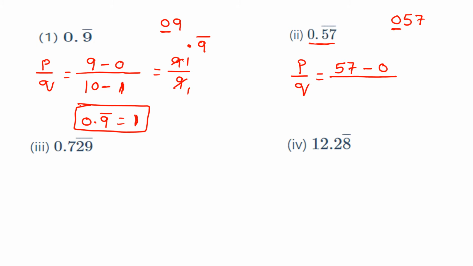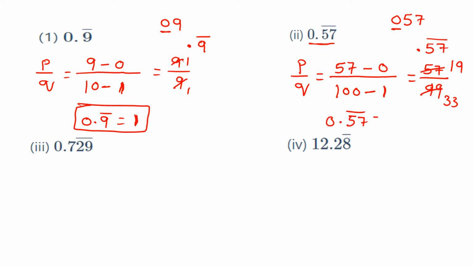Now coming to the denominator, after the decimal point, how many decimal places are there? There are 2, right? So you should take 100 here, 2 zeros, that is 100 minus. The number of digits which are not repeating after the decimal point, here also there is none. That's why you should subtract 1 from that 100. So that equals 57 by 99. Right? Now cancel by 3, 3 ones are 3, 3 nines are 27, and 3 33s are 99. So 0.57 bar in the P by Q form is 19 by 33. Like that we should write it in the P by Q form within seconds, right?